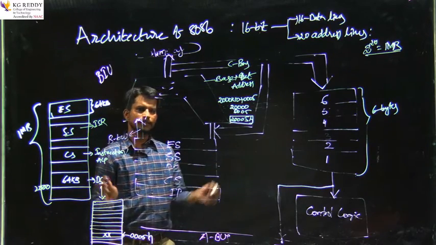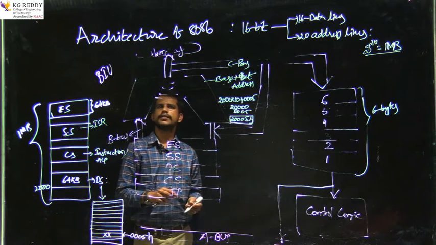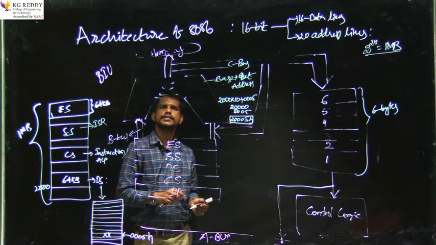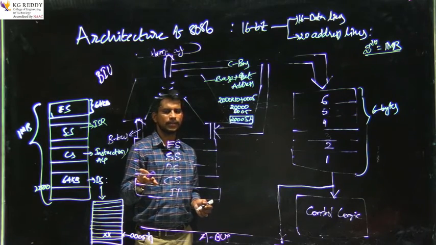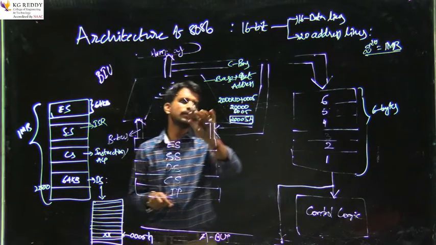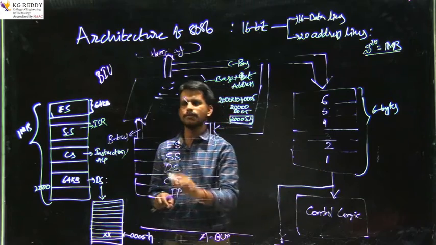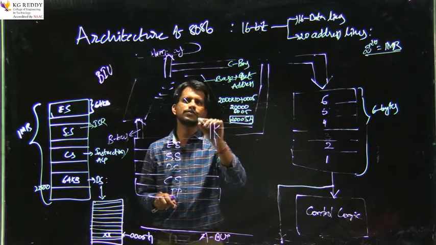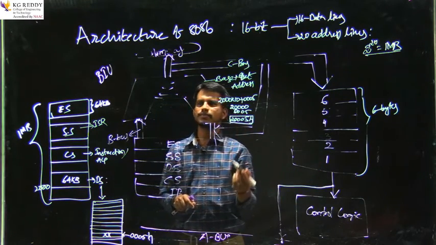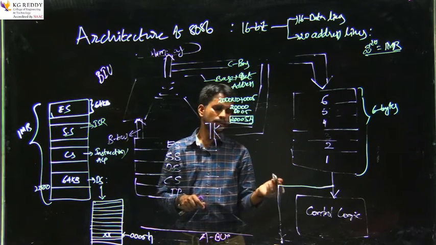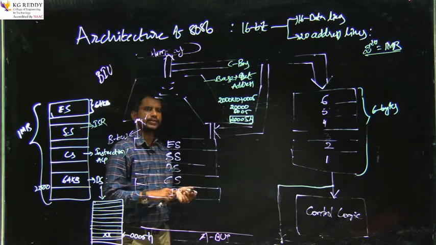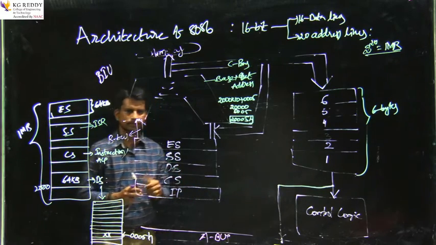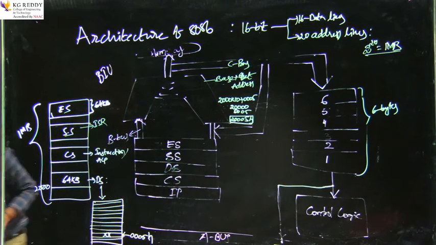This is the complete overview of the first part of the architecture of 8086, that is the bus interface unit. I think we learned what the different parts of the microprocessor available in the BIU are, and what the purpose of each one is, what they do. And let us discuss the execution unit of the 8086 microprocessor. So this processor